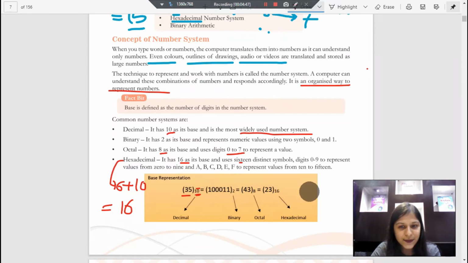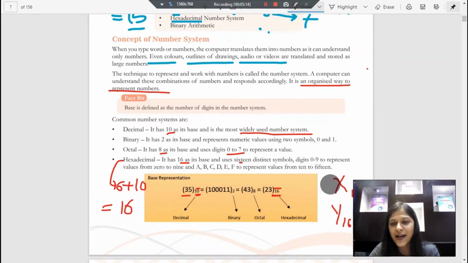We call it subscript, right? We write a number here like that. X is a number, and then we denote the base here. So let's say if I write 10, that means X is a number which has the base 10, and 10 means decimal. If there's a number Y and we want to denote that it's a hexadecimal number, it will be denoted like this. So X and Y are not alphabets, but just symbols to tell you that there's a number here, right?